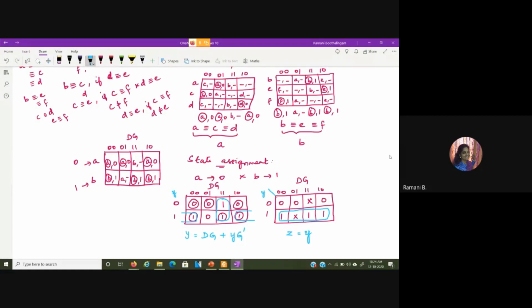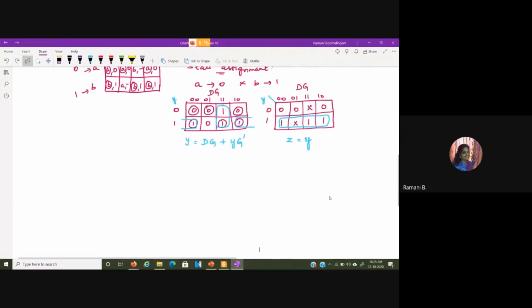Now we can draw the logic diagram for this. So you have dg and g bar y.